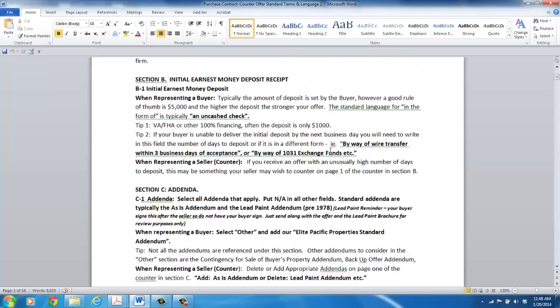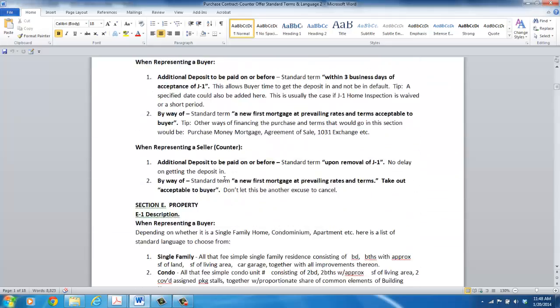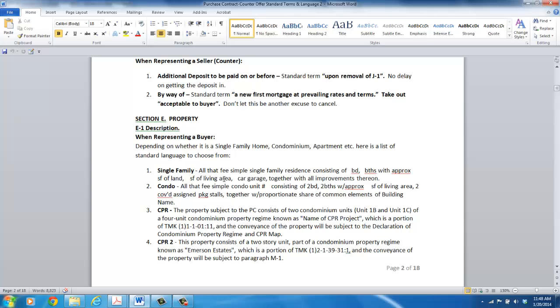And all you would simply do is scroll down to the section that you would like to find the description for. So we've got E-1 description, and you've got several different types of descriptions. So this is a sample contract we're doing for a single family home. So you would go to the single family description. You can either cut and paste this into your Zip Forms document, or